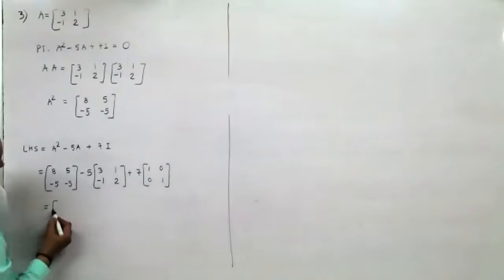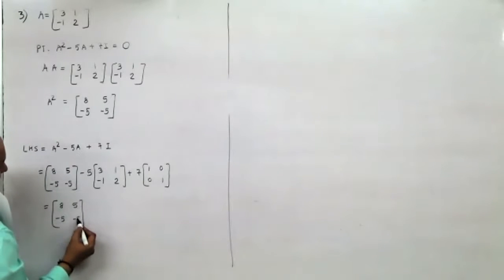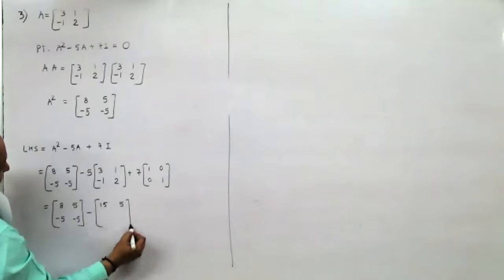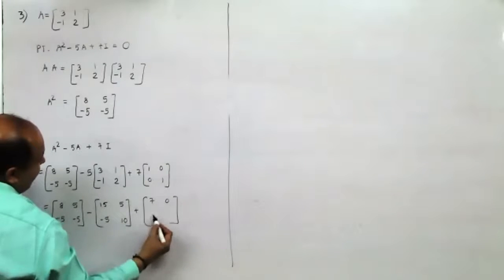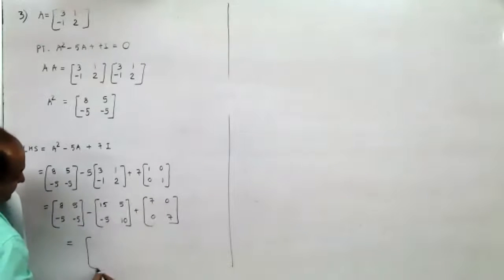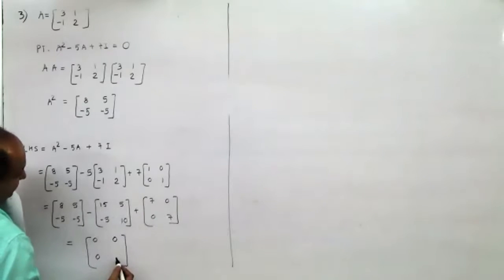This would be 8 5 minus 5 minus 5. This is minus 5 into 3 is 15. This is 5 minus 5, 10. Then you have 7 here, 0 here, 0 here, 7 here. So 8 minus 15 plus 7 is 0. 5 minus 5 plus 0 is 0. Minus 5 plus 5 plus this is 0. Minus 5 minus 10 is